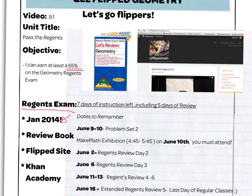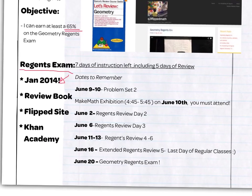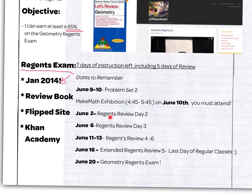All right, so let's just talk about the 7 days that we have left of classes. I know it saddens you, but we only have 7 days remaining. So for the next 7 days, this is basically what we're going to do. Tomorrow, which is June 2nd, we will have a Regents Review Day. Okay? The 6th, which is our next class day, and that would actually be Friday, we will have a Regents Review Day again. Okay? Then we will come back the following week to school, and we will have June 9th